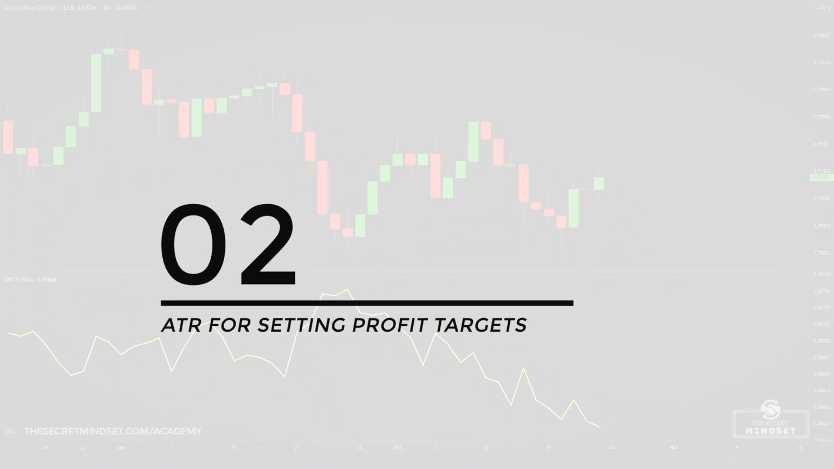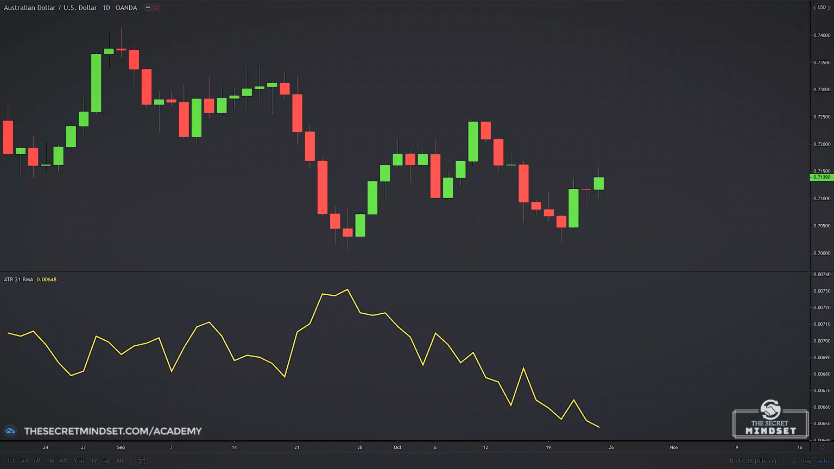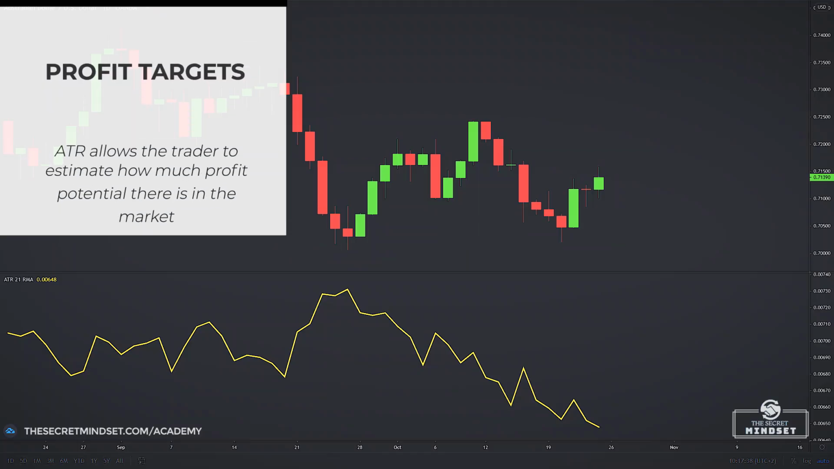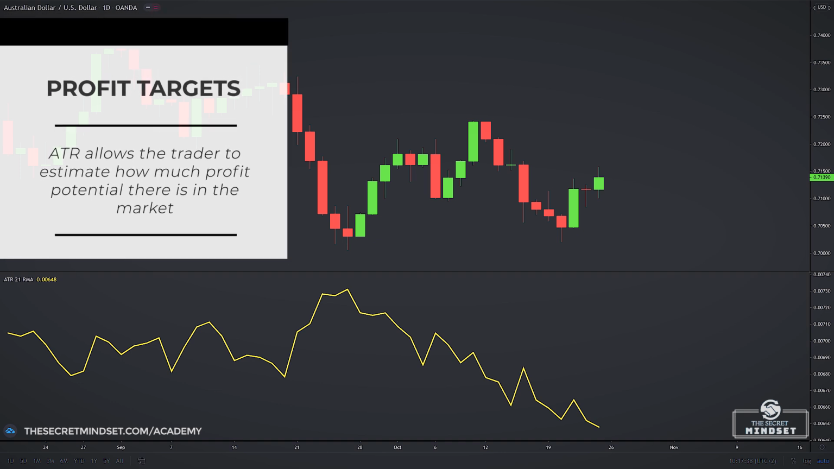Second, the ATR formula will assist you in setting profit targets. Knowing the average range is extremely useful since it allows the trader to estimate how much profit potential there is in the market. For example,